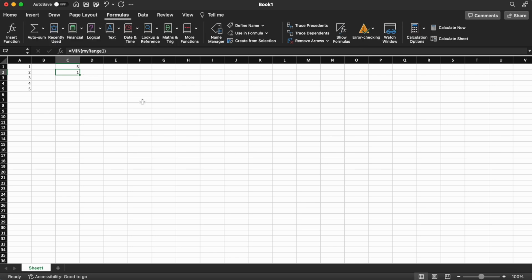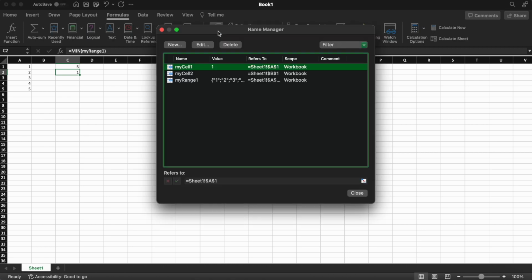Say you have given names to your ranges and cells in a workbook or worksheet which you want to alter or edit in the near future. So how do you do that? For that, you need to go into the Formulas ribbon and there's a button called Name Manager. So you go into Name Manager and here you will see the list of all the names that you have